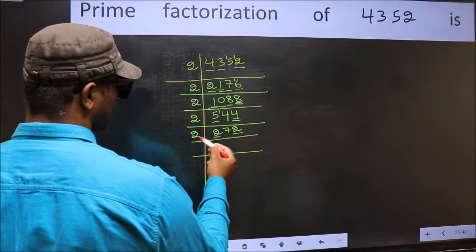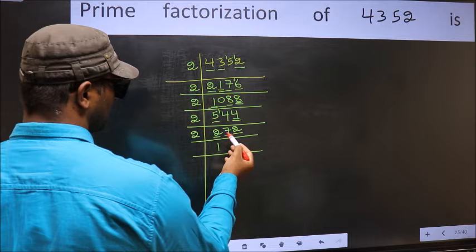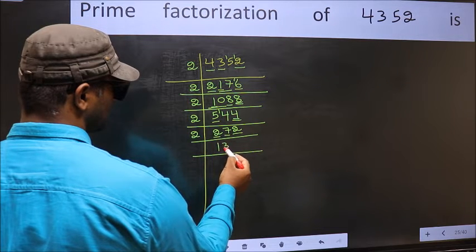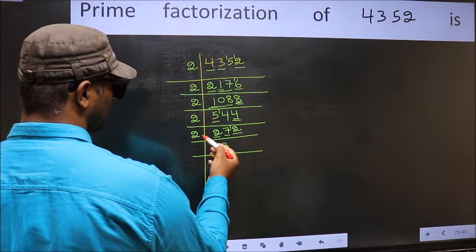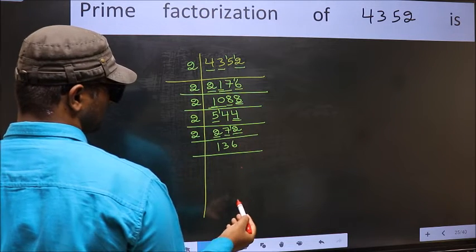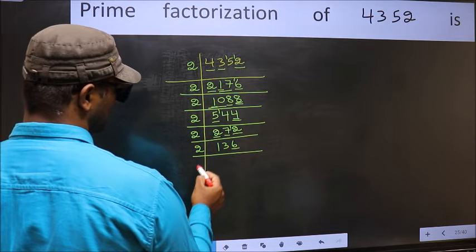First number 2, when do we get 2 in the 2 table? 2 1's 2. The other number 7, a number close to 7 in the 2 table is 2 3's 6. 7 minus 6, 1. 1 carried forward, 12. When do we get 12 in the 2 table? 2 6's 12. Now the last digit 6 is even, so take 2.